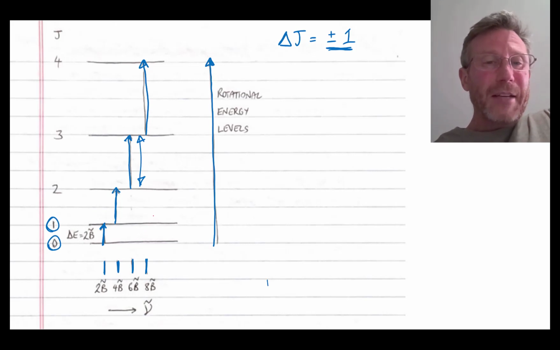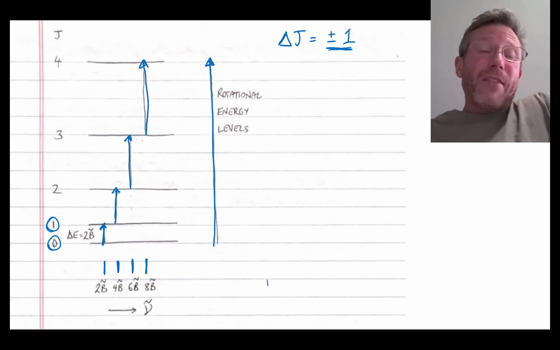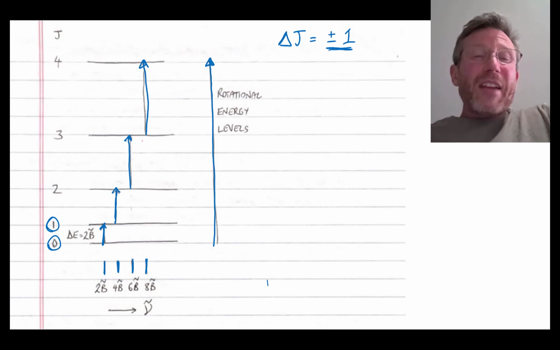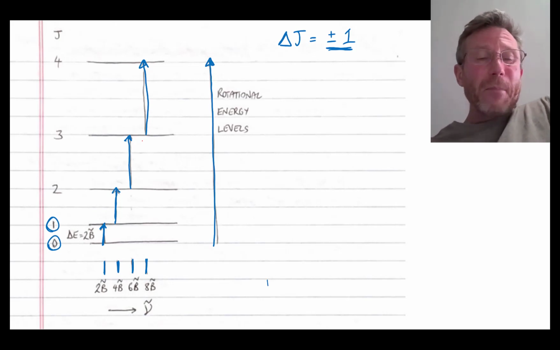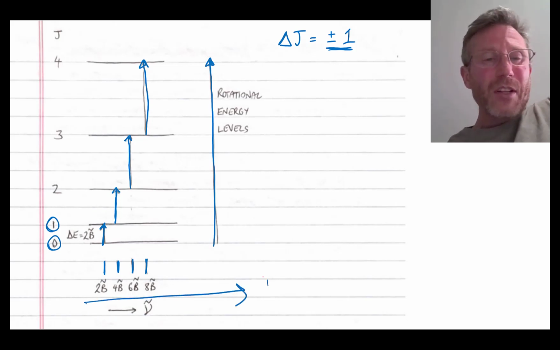So basically, we're going to ask ourselves how this happens, and it can be very easily explained in the mathematics. But the point here is, if I'm looking at a spectrum, I'm going to see equally spaced transitions